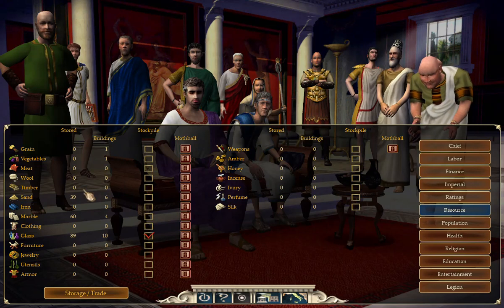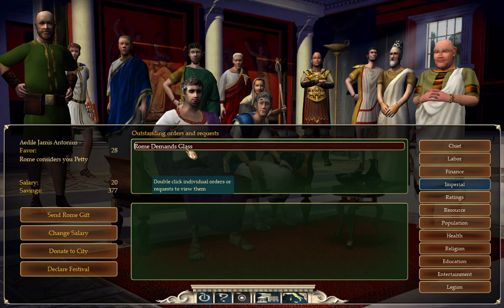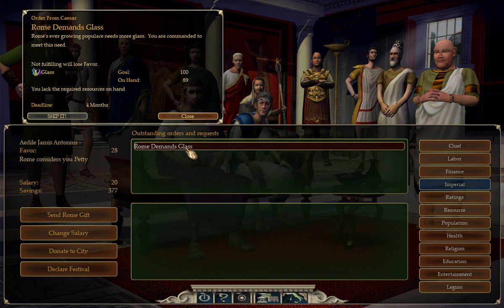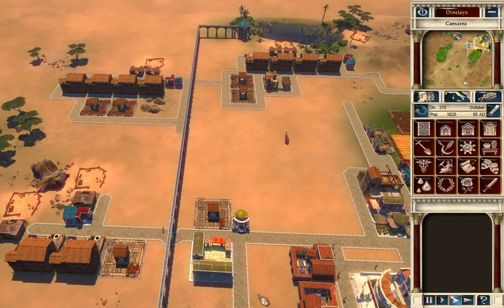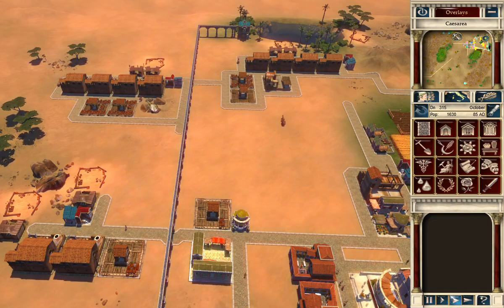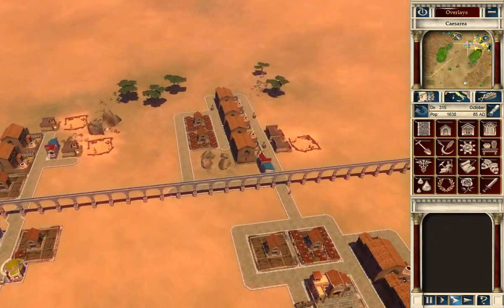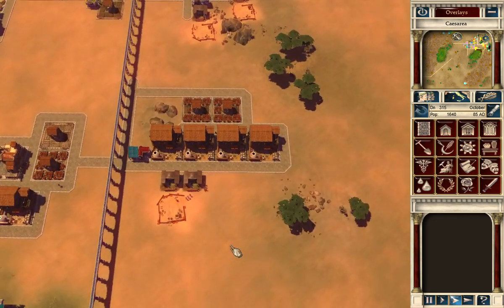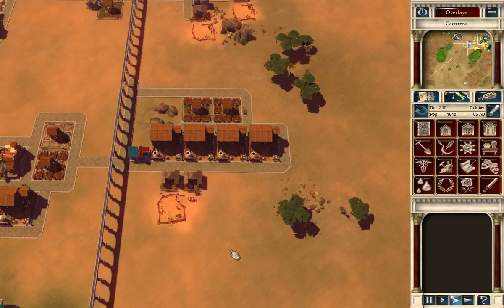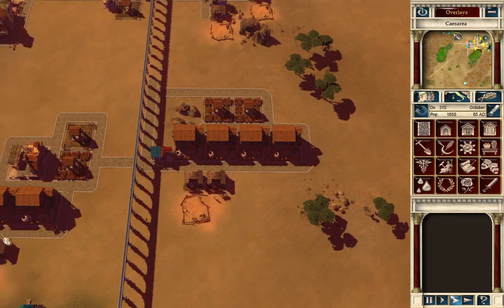Pretty tough times. All right, we're saving up glass everywhere. Do we have enough to satisfy Caesar's lust for glass? We don't. We got 89, we got 4 months. That's why I had to stockpile it. So we're doing our best. Trying to stay out of debt. We are importing food, so